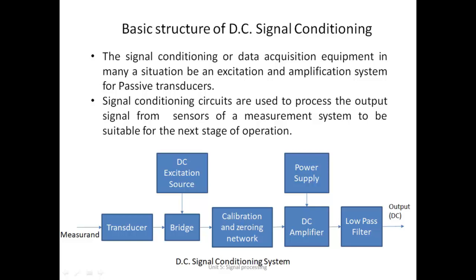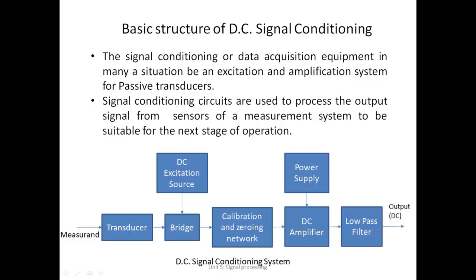From the bridge, the electrical signal that is generated is sent to the calibration circuit. From the calibration circuit, it is amplified to a suitable level, and then it is given to the low pass filter. The low pass filter is actually to remove any noise. The values that you measure from the human body are all low frequency signals, so any high frequency signal coming in between is noise. From the amplifier it goes to the low pass filter, all the unwanted noise is removed, and your signal goes as a DC output to whatever display device you have.